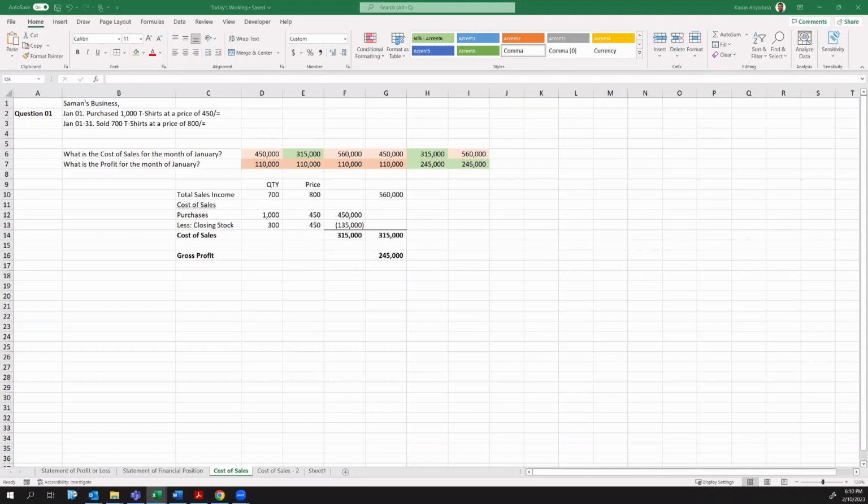Saman's business purchased 3,000 t-shirts at a price of 500,